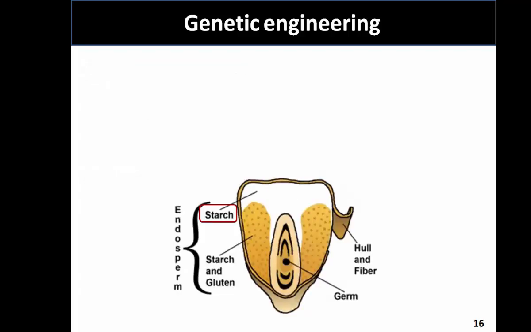If we take a look at the food source of high fructose corn syrup and how it's made, we'll first look at this drawing of a corn kernel. We see a corn kernel is made up of a number of different components. We have the outer hull and the fiber, the germ layer, the level of starch, and there is some gluten in corn. That gluten is interwoven with the starch molecules in part of the endosperm, but we also see a considerable component of the corn kernel made up of just starch,